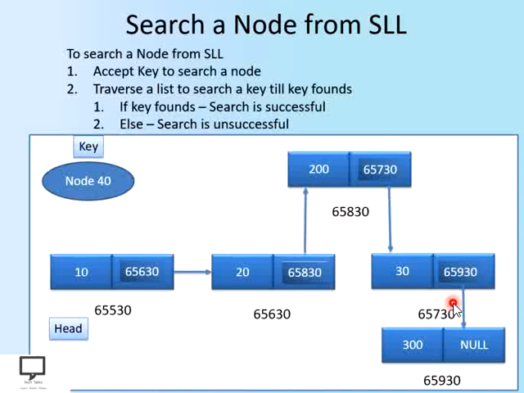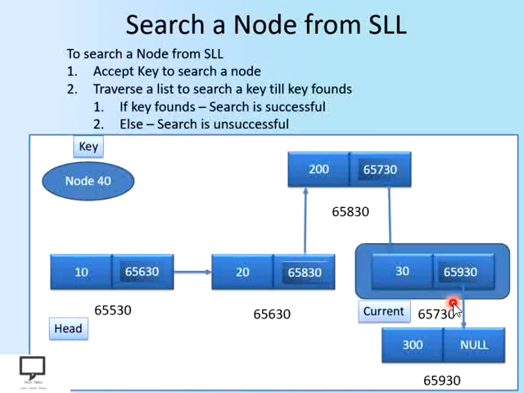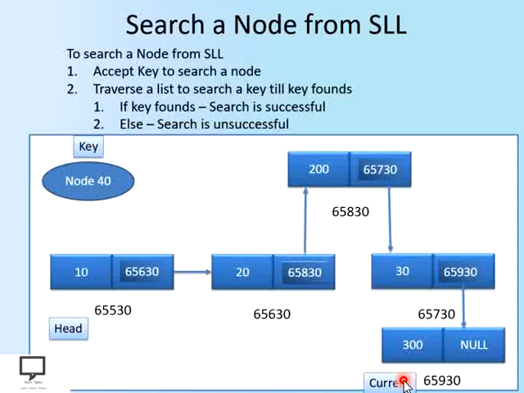Again they are not equal. Make the next node the current node, focus on this node and let's check whether they are equal. No, again they are not equal. Make this last node the current node, focus on it. Let's compare 300 with 40. Are they equal? No, they are not equal. But is there any node remaining which we have not traversed yet in the given singly linked list? No, we are at the end of the list.